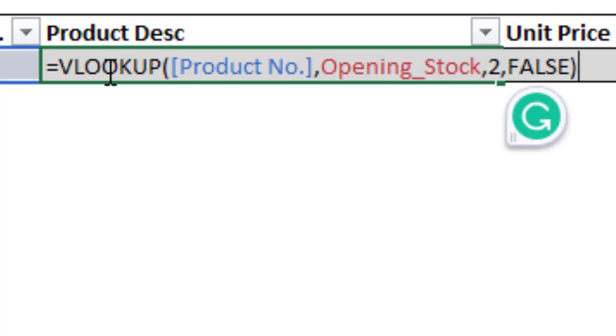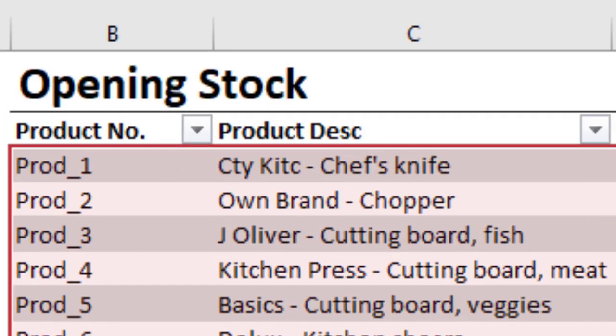And then the third thing we talked about there was the column index number. In the column index number, the question that is arising there is which column do you want to borrow value from in the opening stock table? Our target there is product description, and our product description is displayed on the second column in the opening stock table. So we represent it with the number 2,